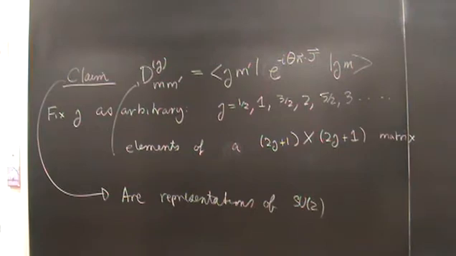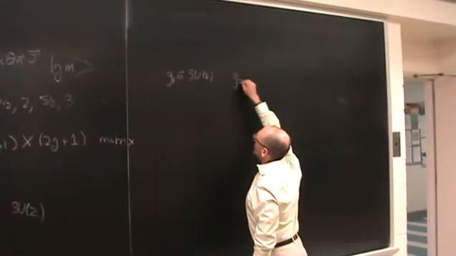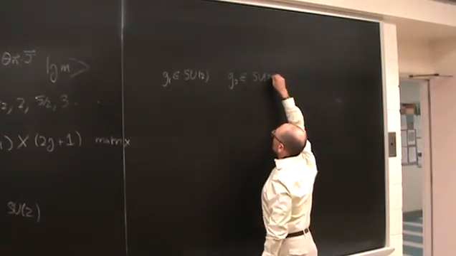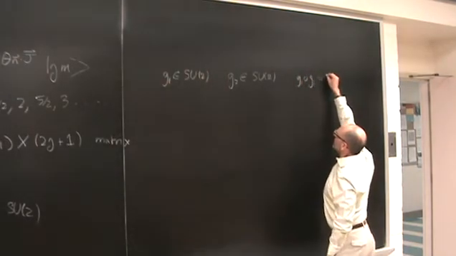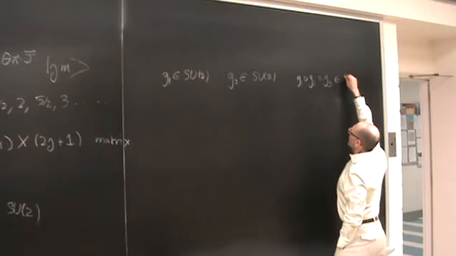They are all reps of SU2. What does it mean to be a representation of SU2? It means it respects the group structure. It means for every element in SU2, if G1 is in SU2, and G2 is in SU2, and G1 composed with G2 is equal to G3, which must be in SU2,